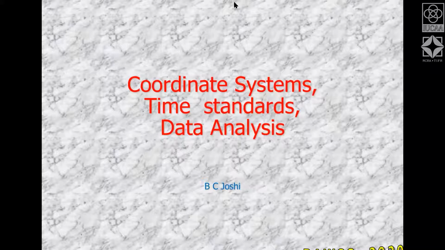So for any coordinate system, you need a reference plane. Okay. So the most simple coordinate system which all of you have come across even in school in 10th and 12th standards is the Euclidean coordinate system, the XYZ coordinate system. Okay. So how do you define X coordinate? You define it with respect to a plane, which is the YZ plane. It's basically the distance from the YZ plane. So that's what is actually the way you define a coordinate system.